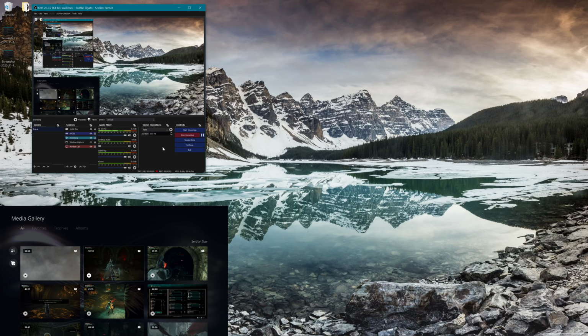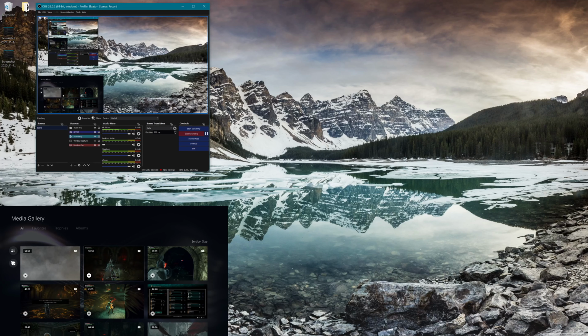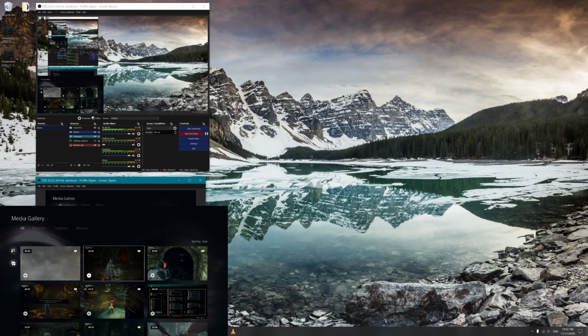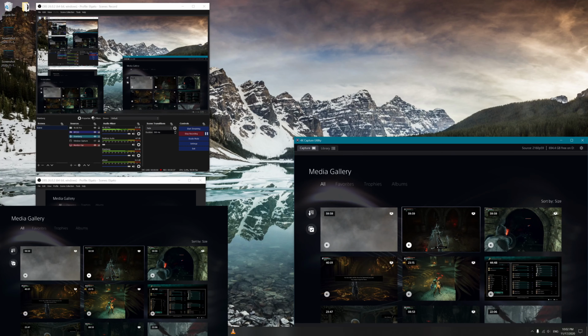So I don't know if you're like me, but it was a complete pain to set up OBS correctly with recording my PS5 gameplay 4K 60 smoothly without issues. It was lagging pretty hard when I was trying to set it up in the best way possible. I've gone ahead and fixed that, and I'd like to show you guys how to take care of that for